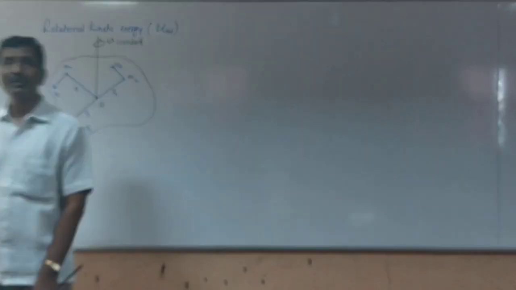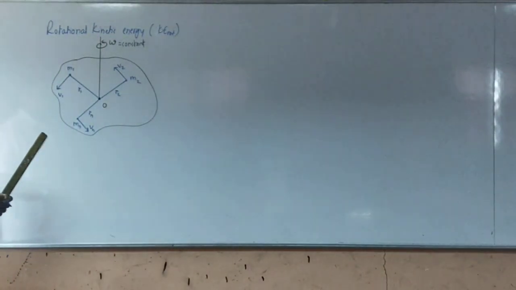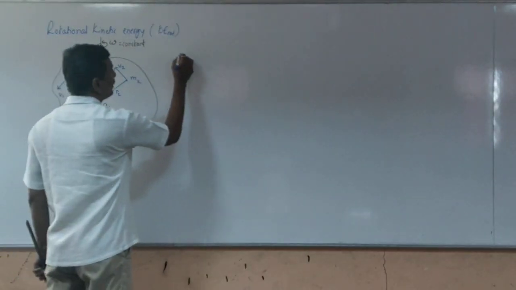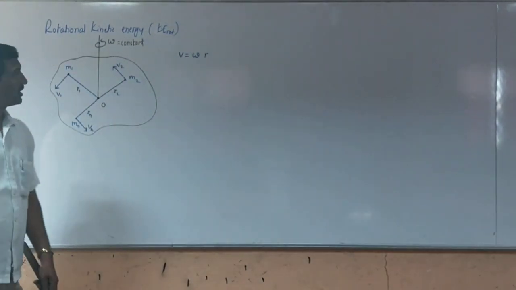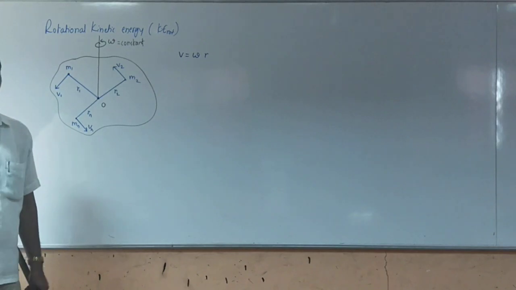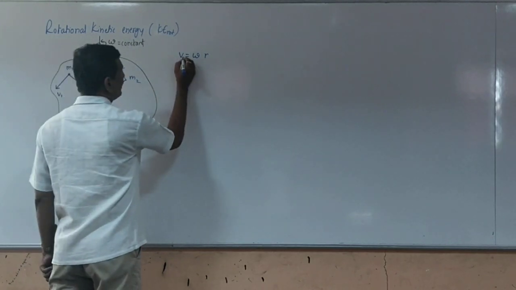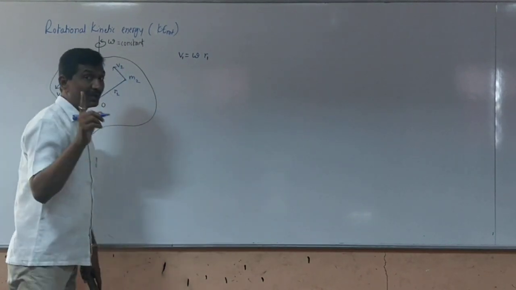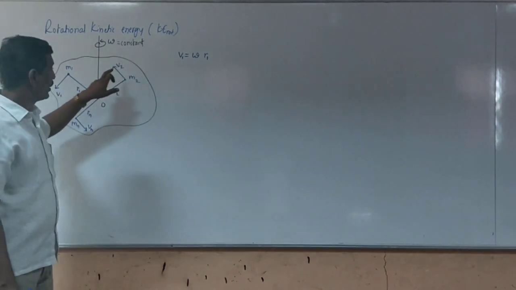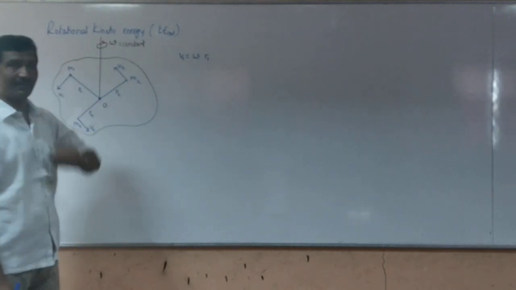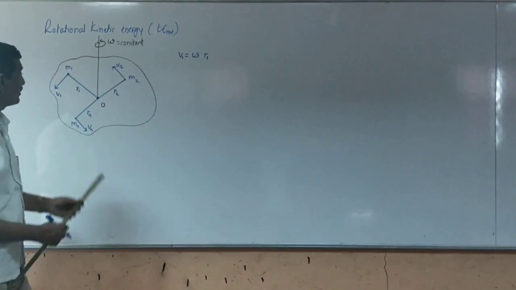Similarly, all other particles perform the circular motion. Now we consider the mathematical part. We use the relation V is equal to omega into R. You are familiar with this relation. In vector form, V bar is equal to omega bar cross R bar. Apply this relation for the first particle. We get V1 is equal to omega R1, because as the whole body is rotated with angular velocity omega, every particle possesses the same angular velocity omega. So V1 is equal to omega R1 is the linear velocity of the first particle.